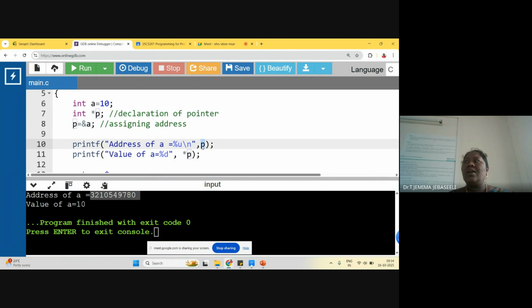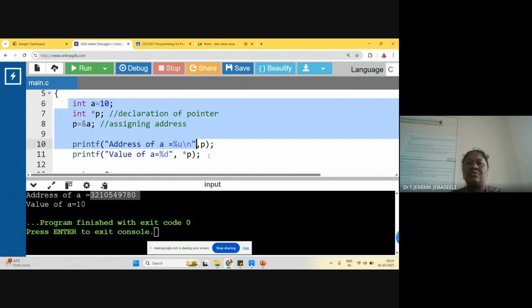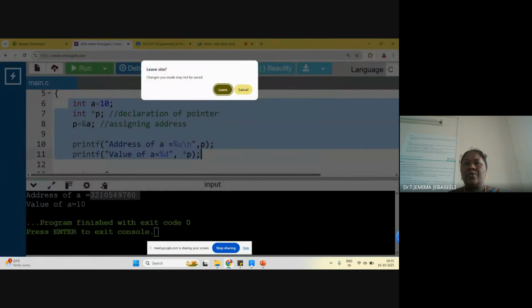It prints not the address of P, it prints the address of A. And when you want to access the value of A, you have to go for star P. I hope you all understood. How many of you didn't understand? Raise your hand, I'll teach you again. This is the basic principle and basic syntax. This is a basic step that you should remember.